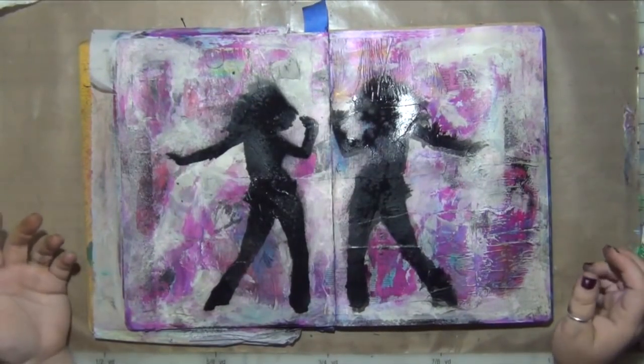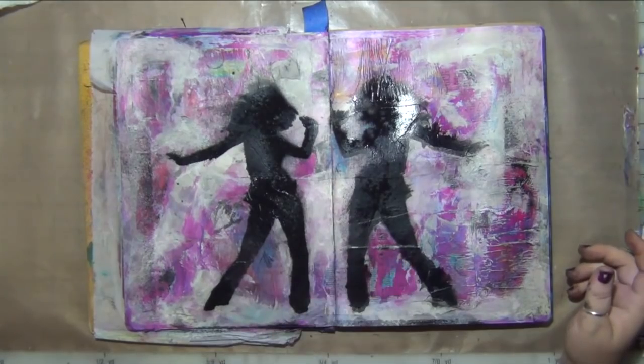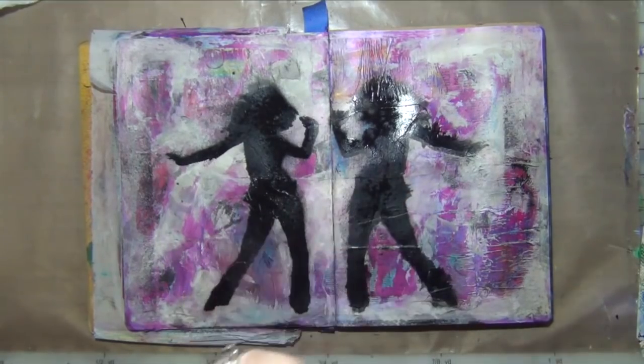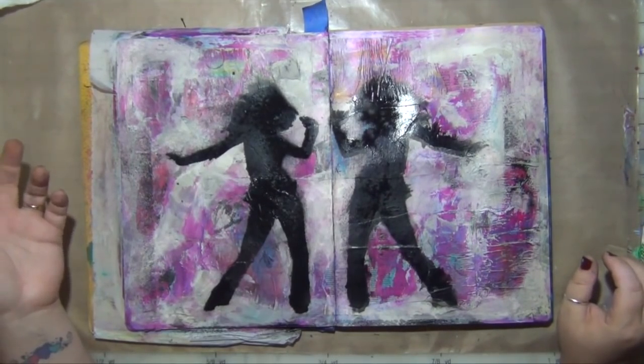What's happening now? This is one of those pages. You ever have those pages? This side was wet from me using the baby wipe, apparently kind of too wet, and then the stencil was a little offset, so it looks a lot more fuzzy and blurry than this side. Honestly, I don't hate it. I don't hate it. But, like,